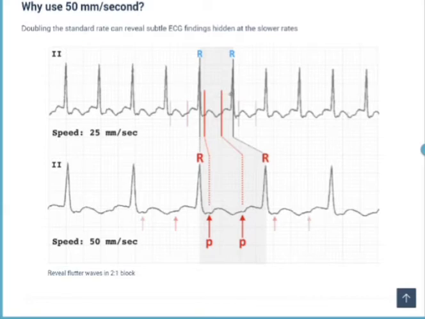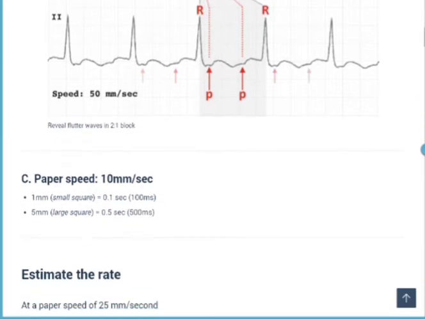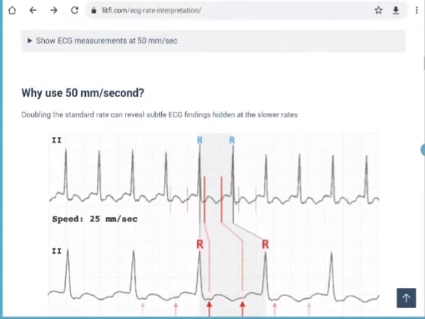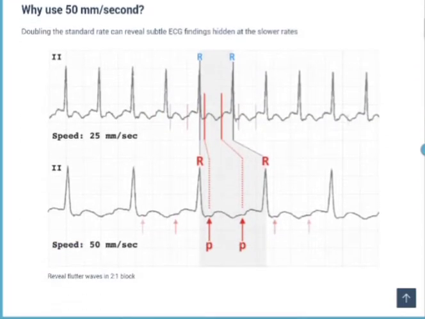So when we doubled the speed, it means that the ECG waves will become further apart, right? So when the ECG waves became farther apart, we saw, because we were not able to see P waves and proper T waves before, and everything was mixed up. But when we ran it at 50 millimeters per second, right? So the paper speed was changed, and we found that there are atrial flutter waves with 2 to 1